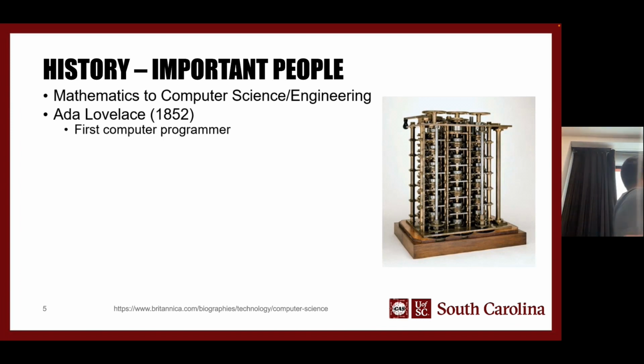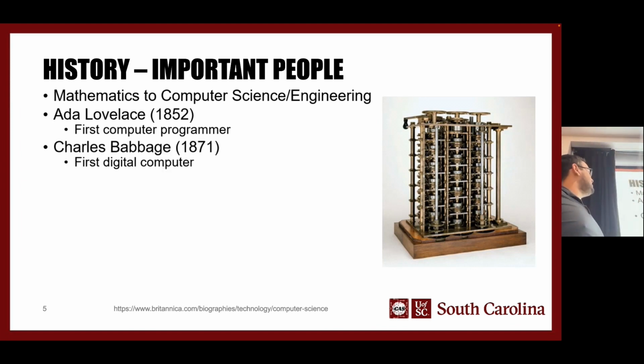So a quick start with some important people. Ada Lovelace, a lot of people don't know, was one of the first digital programmers, right? So back in 1852. Now hers was very mathematical. It's nothing like what we think of today, but she was able to come up with the first kind of program, per se, to run digitally on a machine. And her colleague, Charles Babbage, built the first digital computer. And when we say digital computer, it's something like that with the little gears, wheels, and whatnot.